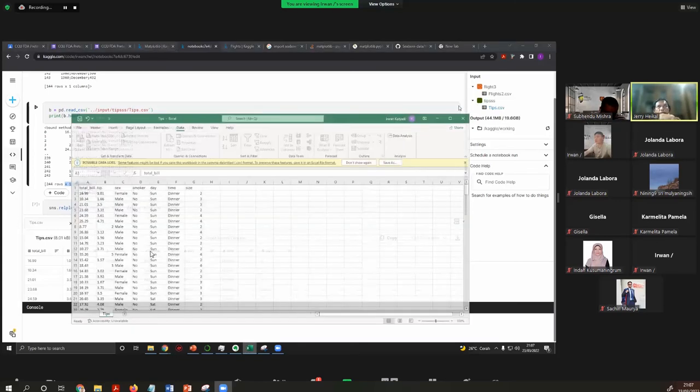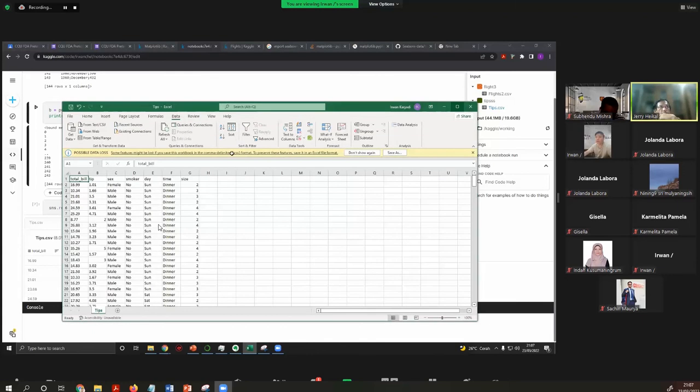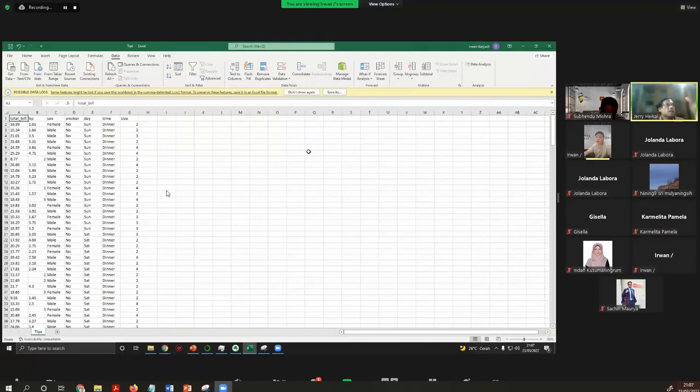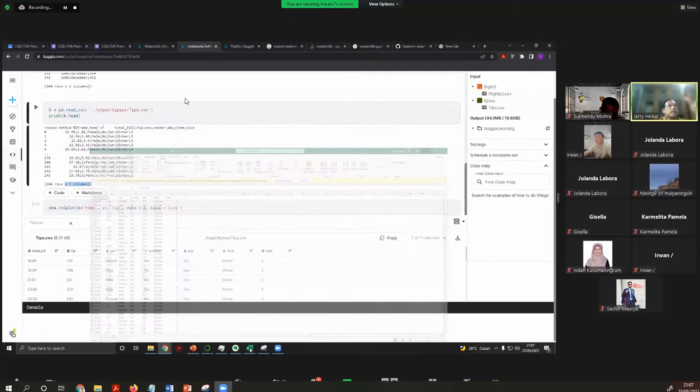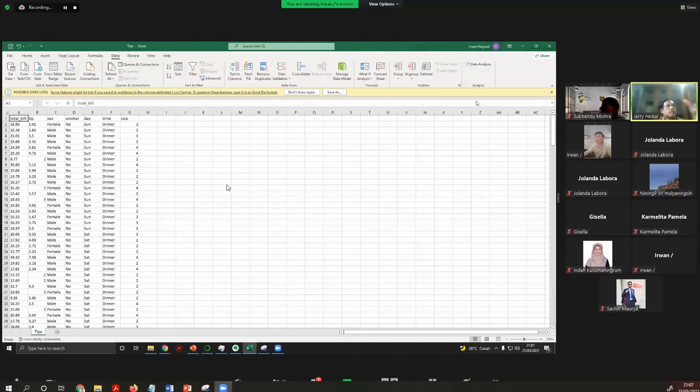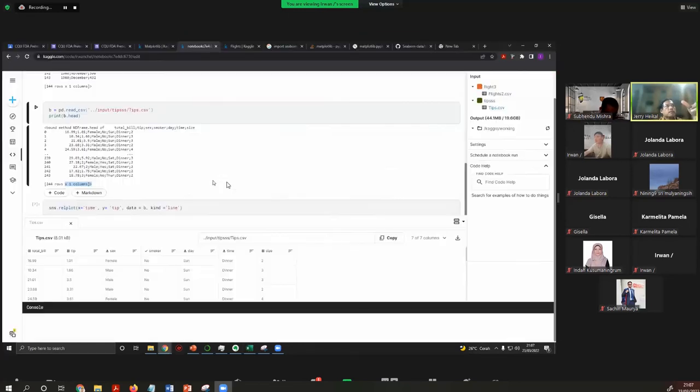There is a comment: some features might be lost if you save this workbook in comma delimited form. But in Kaggle it shows 7 columns. No worries then. What about when you do the plot?